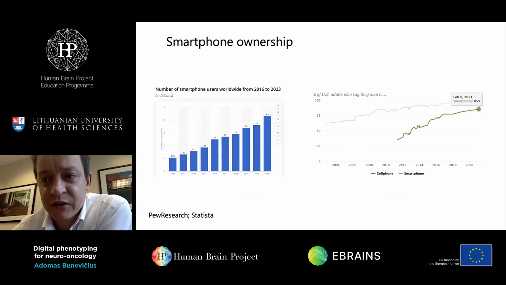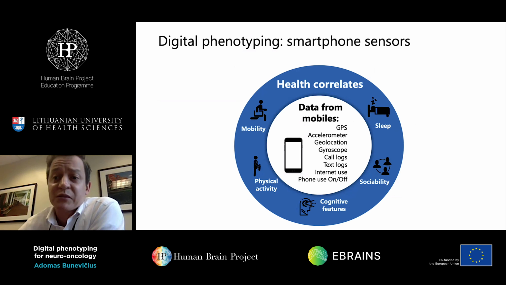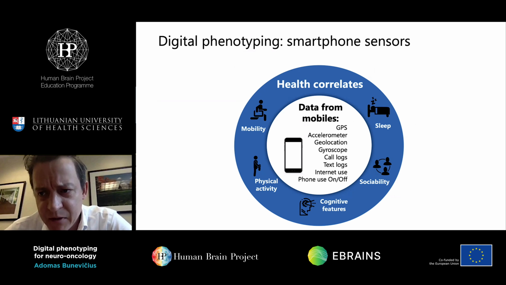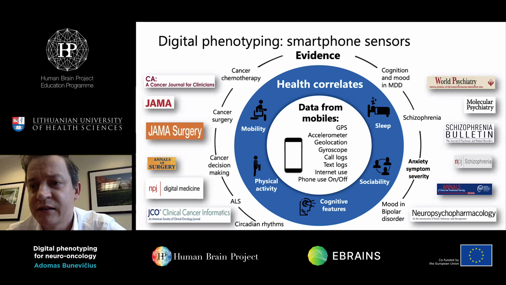And smartphone use is growing substantially in the world. Almost 90% of Americans have cell phones. Also, a smartphone is a powerful sensor. So we can track GPS, accelerometer, geolocation, gyroscope, call logs, et cetera. And there are some studies now showing that it is associated with some important behavioral outcomes, which are important for patients. There are some studies in cancer patients, patients after cancer surgery, and mental disease,